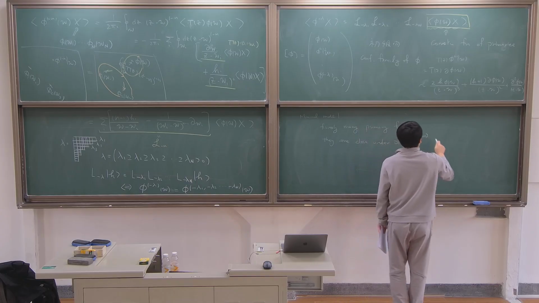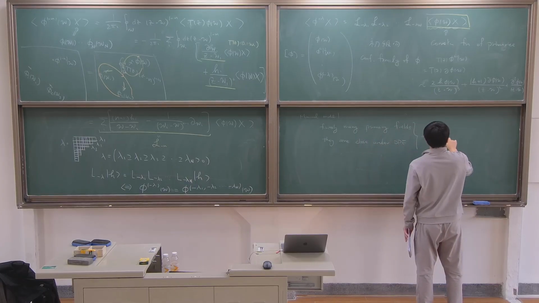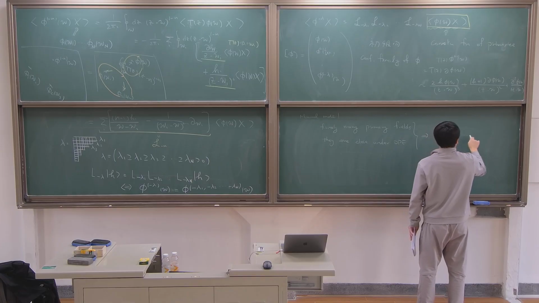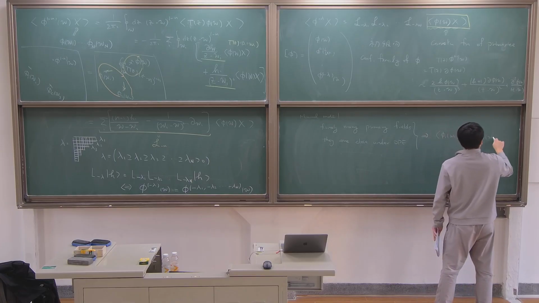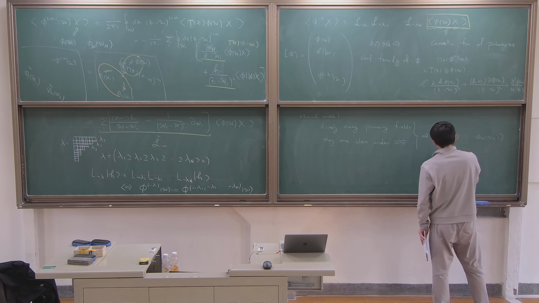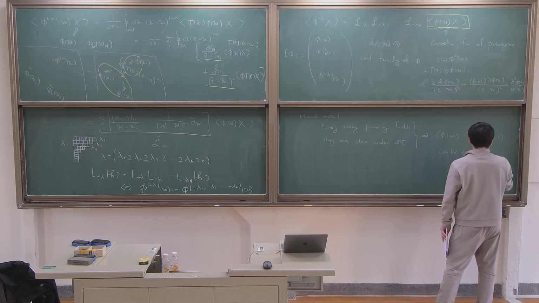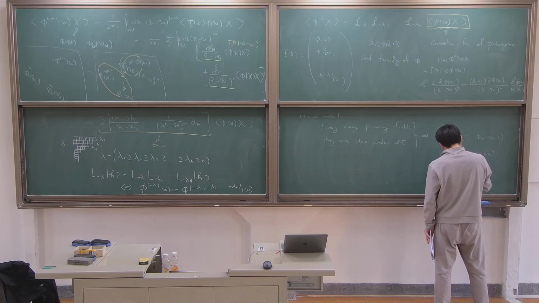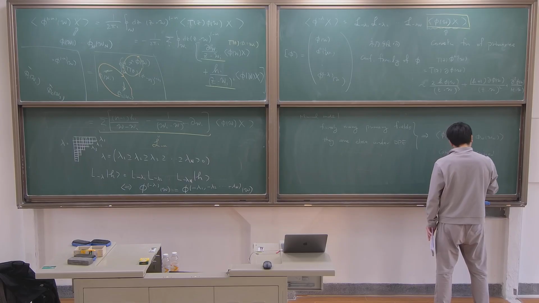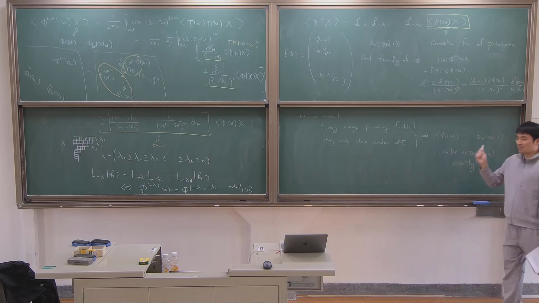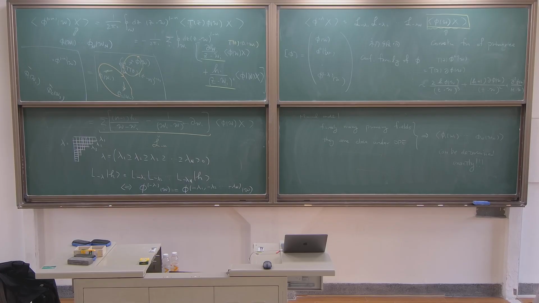If you have this property, the correlation functions of primary fields can be determined exactly. So this is the most important consideration. If you have finitely many primary fields and you know the OPE among them, then you can determine the correlation function exactly. Usual quantum field theory